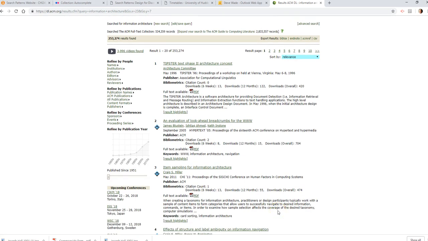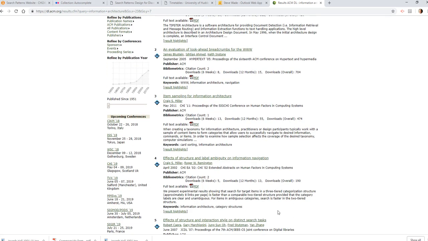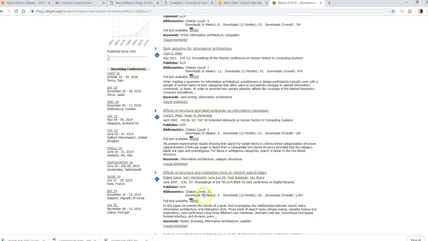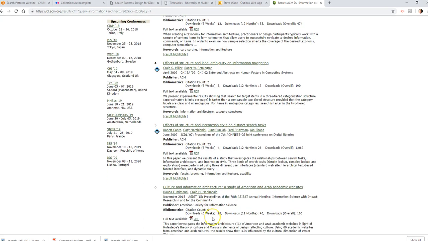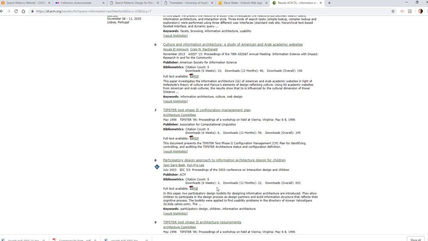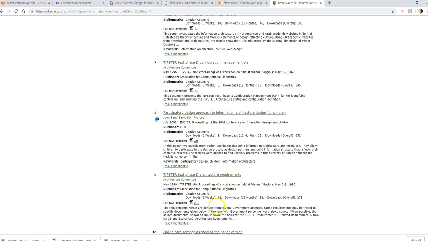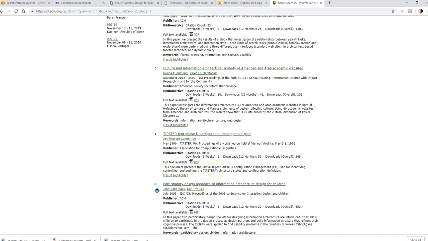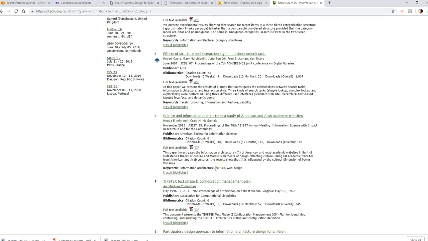How do I know which one is the best? Interesting question. Looking here, it tells me how many times these papers have been cited. Some of them have been cited 0 times. If I pick one that's been cited more than 0, so 23 here,